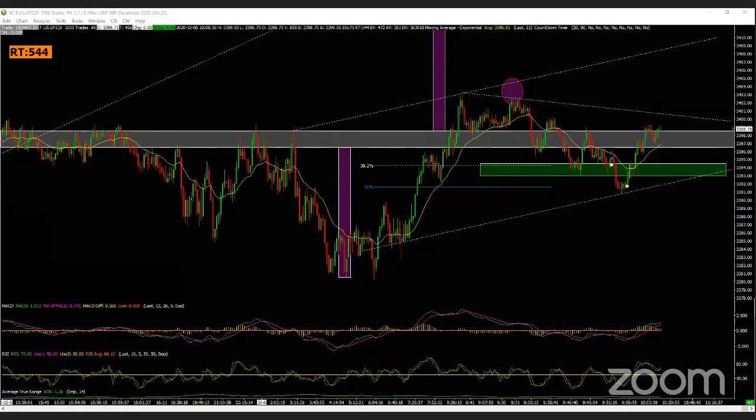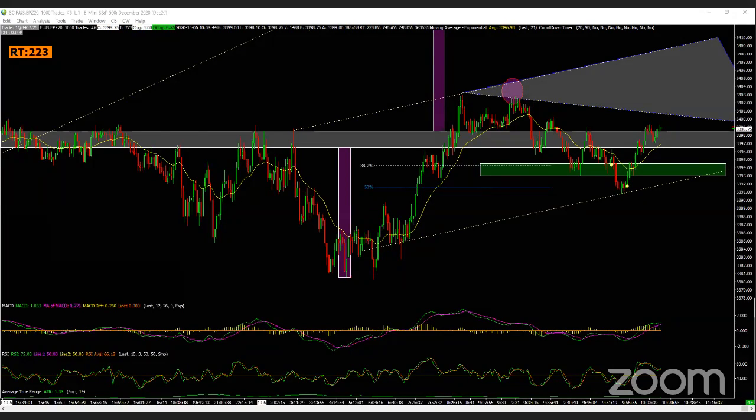Just got to be careful for that falling resistance, right? We could have some sellers looking to short the market from there. Maybe it'll give us an opportunity, right? If we have a bit of this, some sellers get into the market, they bring the market down some, we can find our entry point, pattern, trigger, the whole thing.